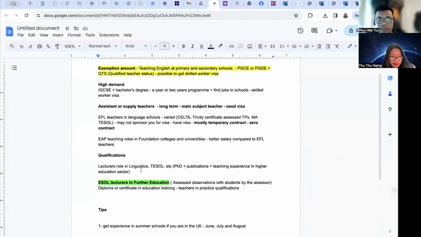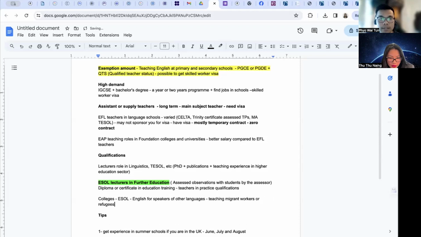These colleges also have ESOL courses for students from different countries. Usually they can be migrant workers, or maybe refugees. So these courses are also in demand of ESOL lecturer roles,